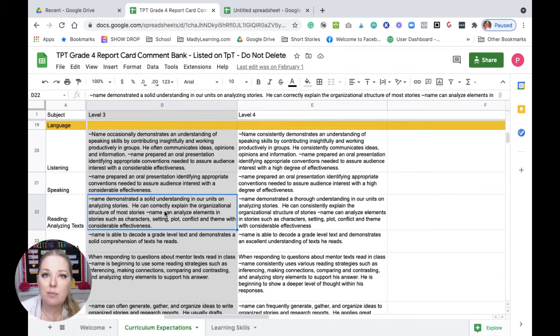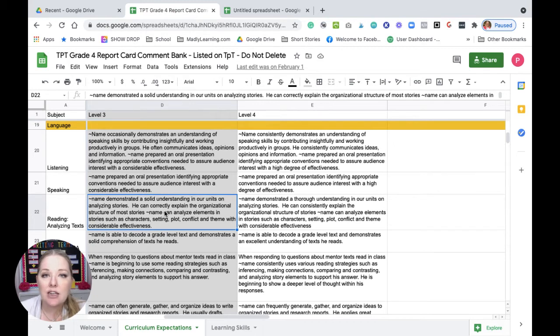So for example, the comment for reading and analyzing text would be: Name demonstrated a solid understanding in our unit on analyzing stories. So I've given the qualifier. I am expected to use qualifiers. I know other boards are not, but we can identify what they did in the learning we did on analyzing stories.